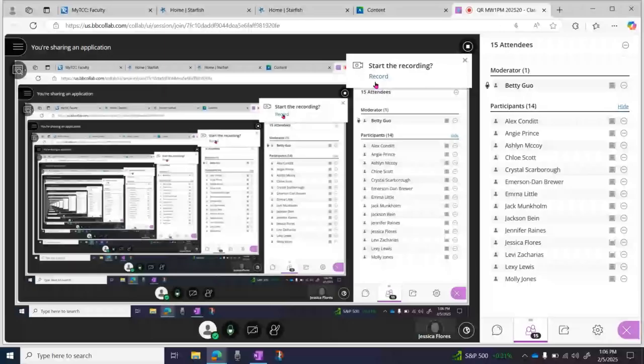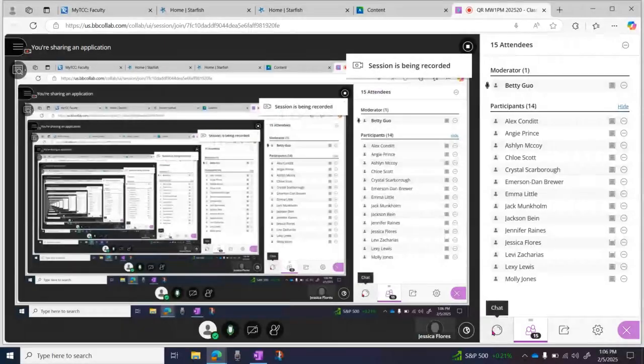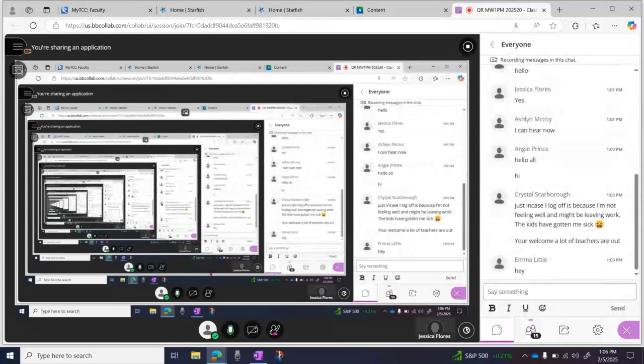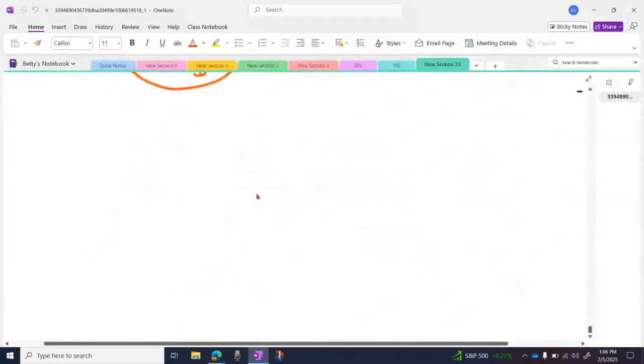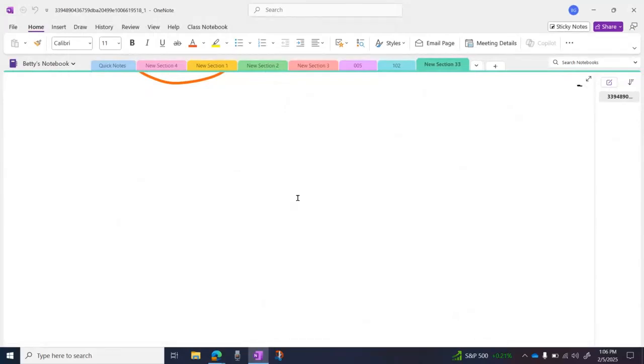Start recording. On Monday, we started talking about disjunction and conjunction, those compound statements. A compound statement is a statement involving two or more simple statements. And we have logical connectives to connect those simple statements to make a compound statement. So far, we have learned three logical connectives. They are